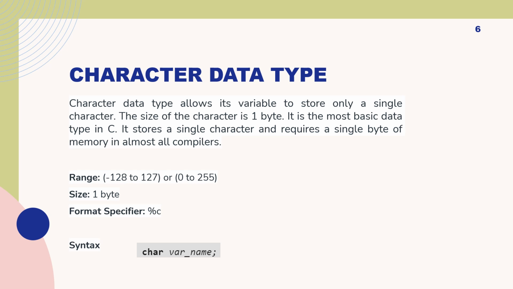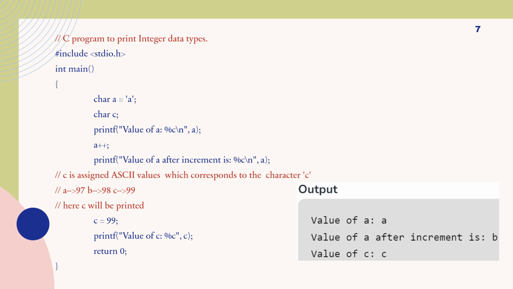And the next data type is the character data type. It allows the variable to store only a single character, and the size of the character is 1 byte, and the format specifier is %c, and you can see the syntax of the character data type, that is char variable name. And here you can see an example of this character data type. So here within the single quotes you are supposed to give the character which you want to print, and here this character a is a variable name, character c, this c is a variable name, and if I am asking to print the value of a with the format identifier %c, you will get the output as a,